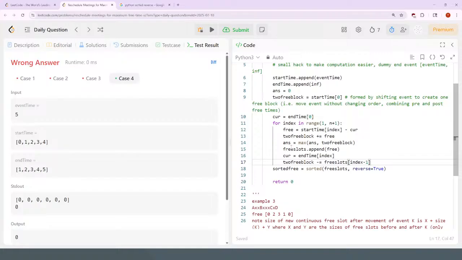Size of the block I moved plus the size of things adjacent to the block. So if I kept track of the largest,